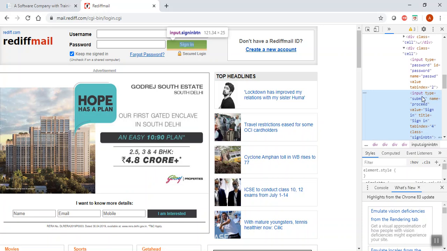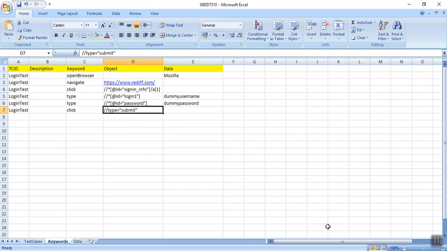We have a type as submit. So let me take it as, I have created my own XPath. Name is equal to proceed. So now it is also looking good.